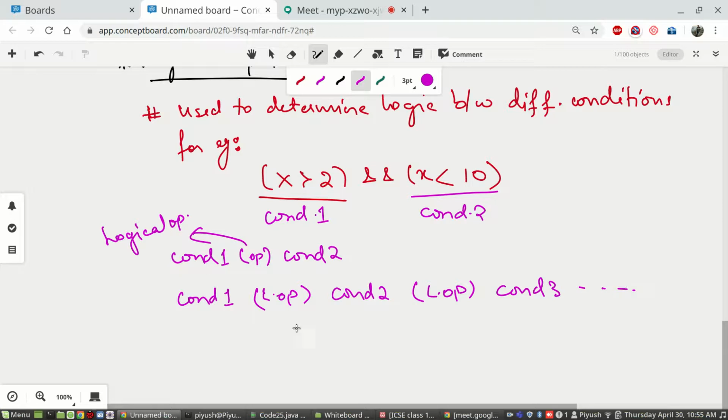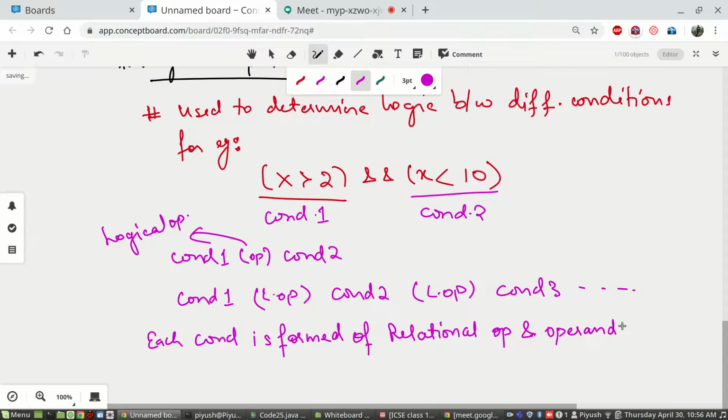Right? So whenever two conditions are there, I'll write so that you can revise later, each condition is formed of relational operator and operands.